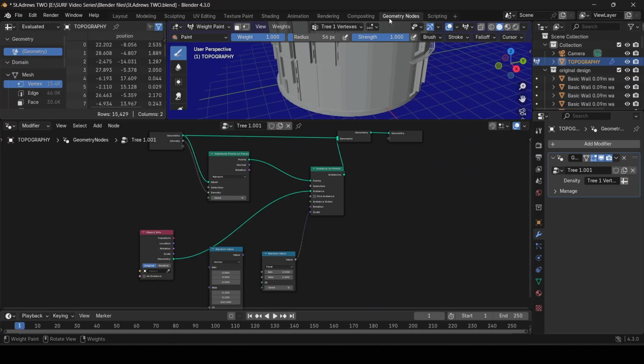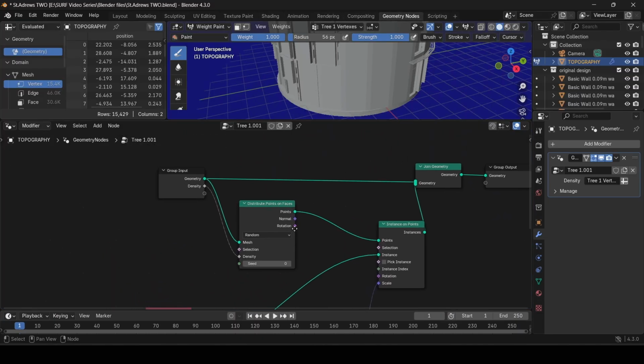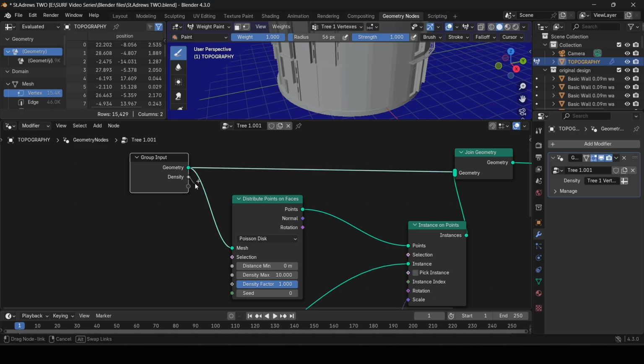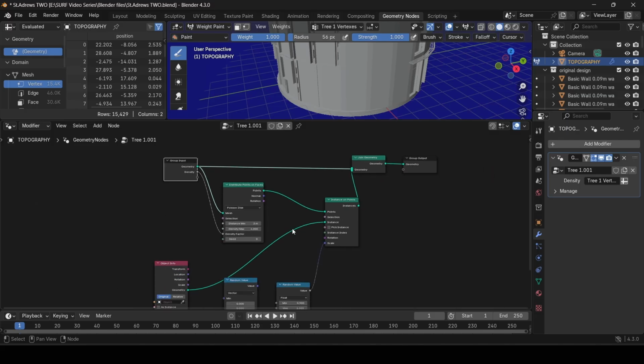So if we go back to geometry nodes, there's actually a little thing I forgot. Set this random mode on distribute points to Poisson disk. And now we need to put the density back in. So we're going to take this density node and drag it into density factor. Now we can type to set the base density. I'm going to set distance min to 3 to start, and density max, I think I'm going to set this to 4. You can change these after, but these just determine how dense your trees are going to be